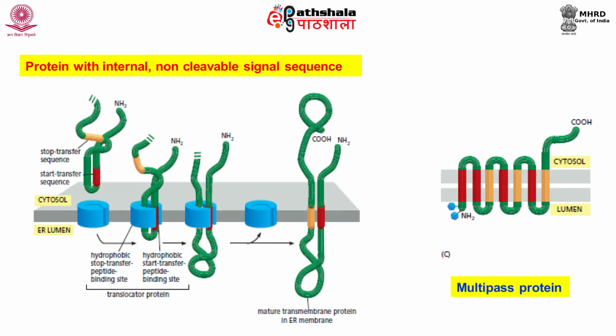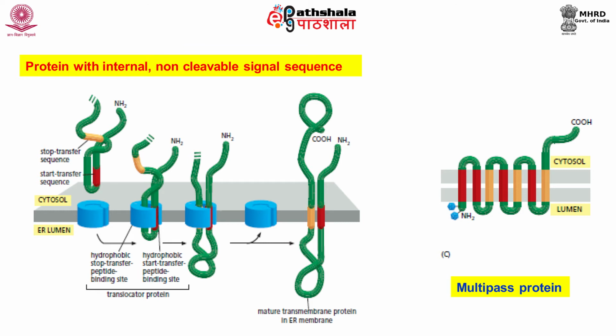Some proteins traverse the membrane many times. These proteins usually contain multiple alternating internal signal sequences and transmembrane stop transfer sequences. In this protein observed in the figure on the left, there is an internal ER signal sequence that acts as a start transfer signal and initiates the transfer of the C-terminal part of the protein. At some point after a stop transfer sequence has entered the translocator, it releases the sequence laterally into the membrane.